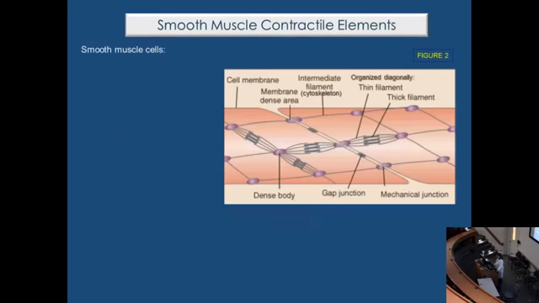So in this cartoon, I have represented two smooth muscle cells. I guess that you are familiar with this because you reviewed this material already. I just want to remind you that the smooth muscle cells contain myosin thick filaments, and also contain thin actin filaments. Also, as I have it here, you can appreciate they are arranged